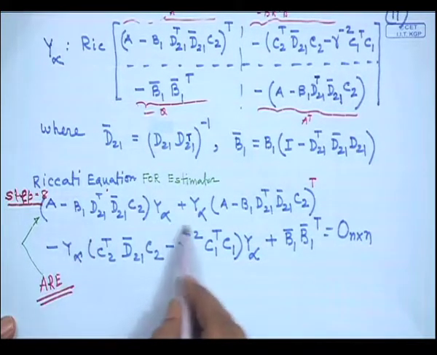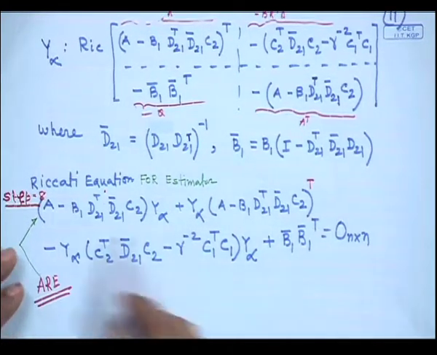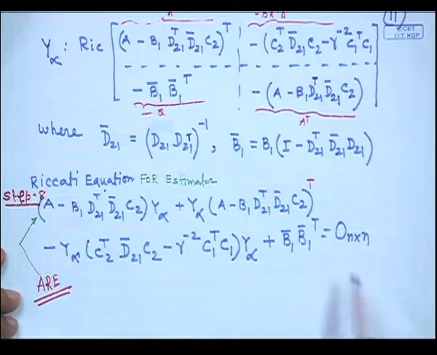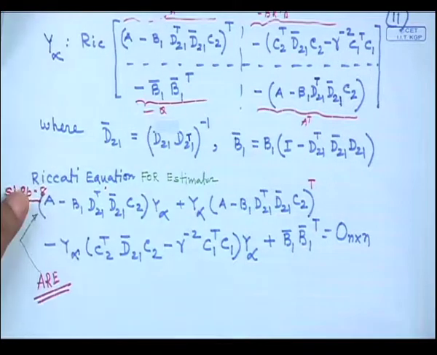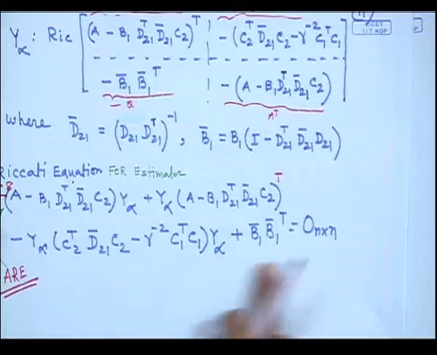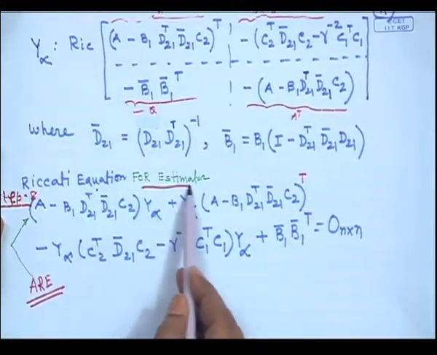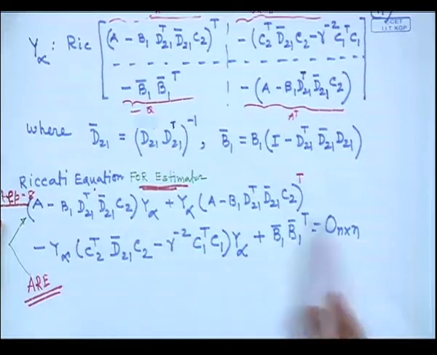You have to solve the algebraic equation for Y infinity. You know all the matrices, then you can solve it, but this is a matrix and nonlinear algebraic equation. So, step 8 is the solution of the Riccati equation for the estimator, agree, that you have to solve. Now, step 9